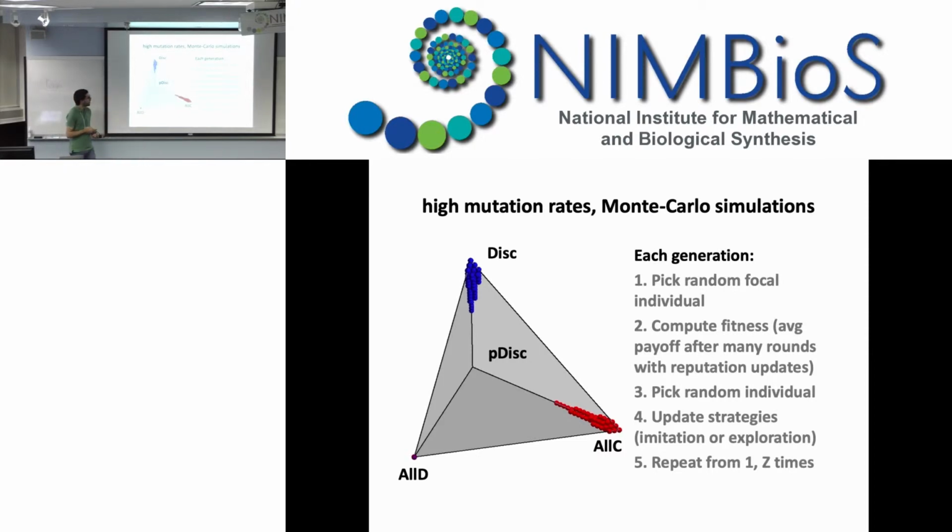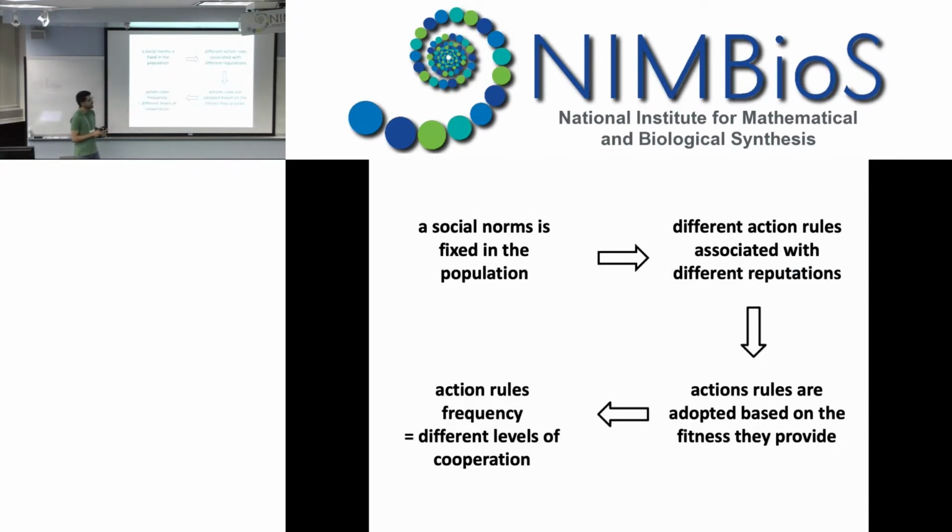Okay, so regardless of the method, let me just summarize again. The idea is that we are fixing a norm in a population. This means that different strategies will be associated with different reputations, which means that different strategies will gather more payoff, which means in the end that depending on the frequencies of strategies we will have different levels of cooperation. So in the end, we are able to establish this link between a social norm and a level of cooperation